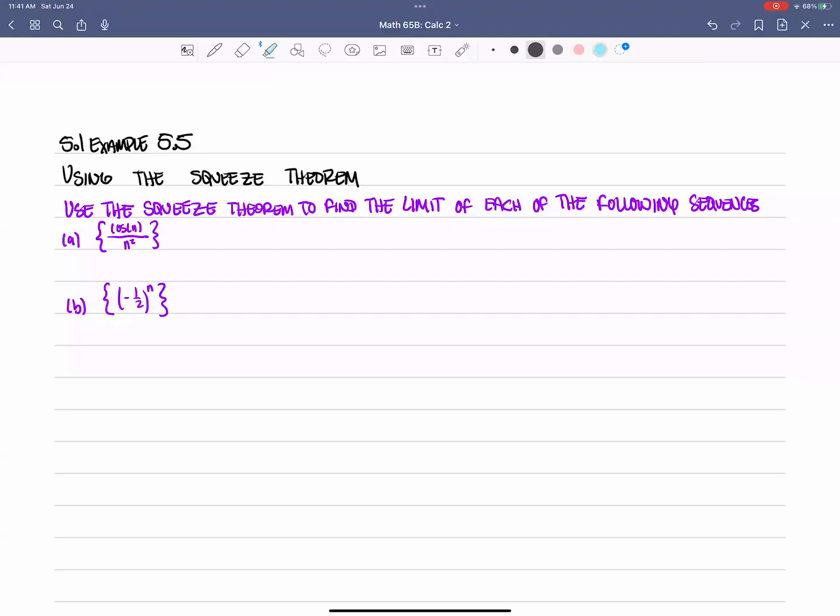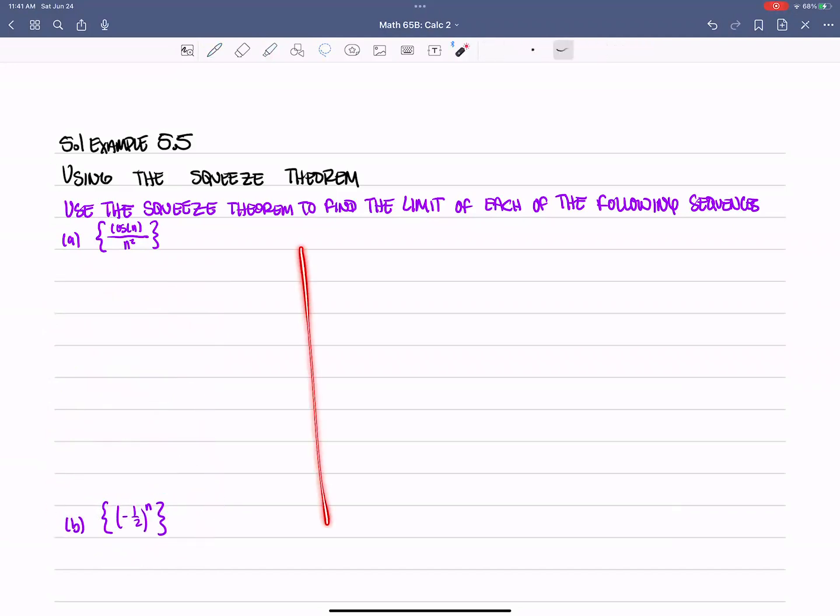Section 5.1, example 5, using the squeeze theorem. Use the squeeze theorem to find the limit of each of the following sequences. The squeeze theorem just tells us that we could grab a function, or we could grab